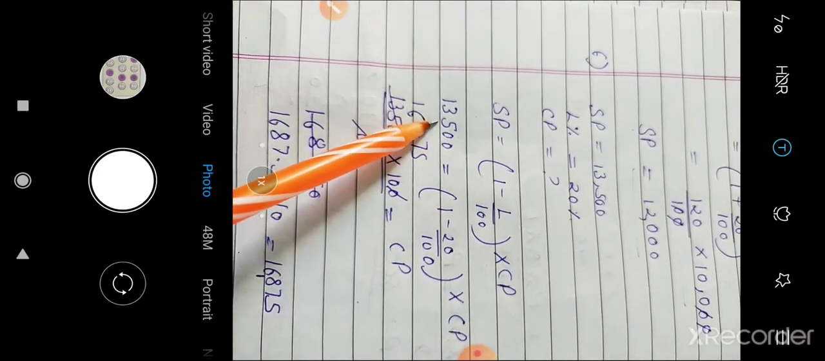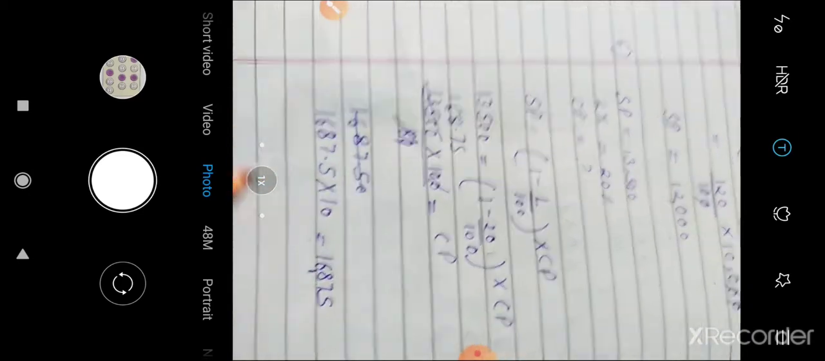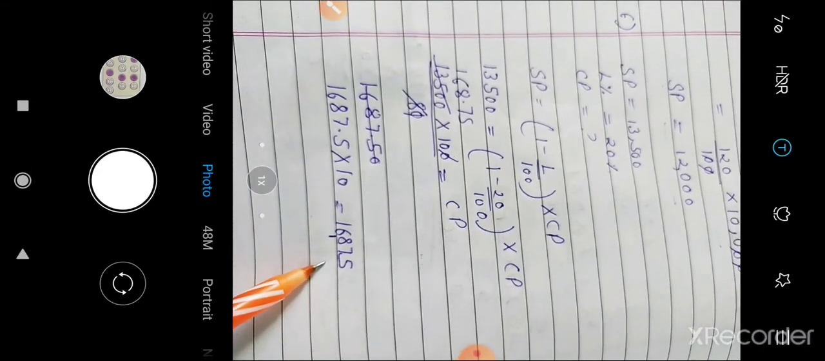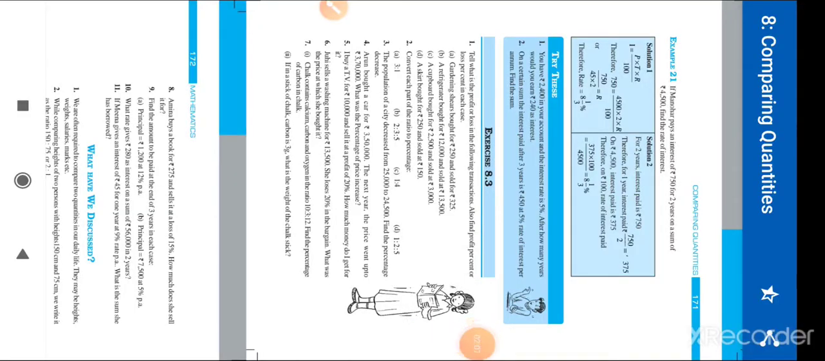In the next step, we put all the values from the question. After solving this, we have the answer 16,875. Move to the next question. Next question is